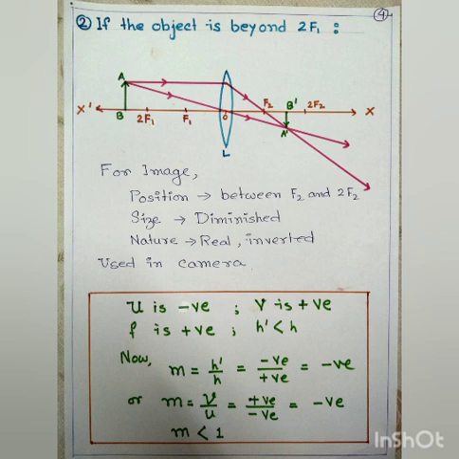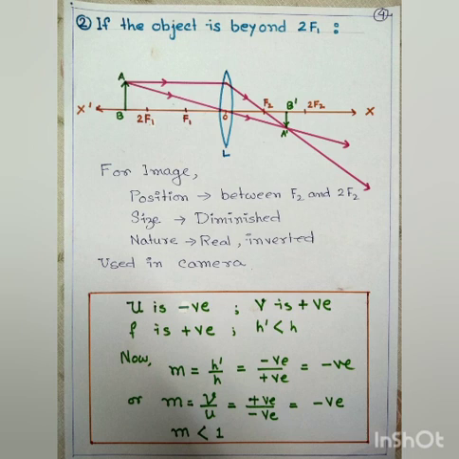See, for both situations, the image is real, as the refracted rays actually meet at a point. And if we place a screen at that point, we will get a real image at the position A prime B prime. Clear? That's why it is a real image. And you can see the image is inverted also. This situation has a practical use in the camera. Now let us consider the magnification of this situation.